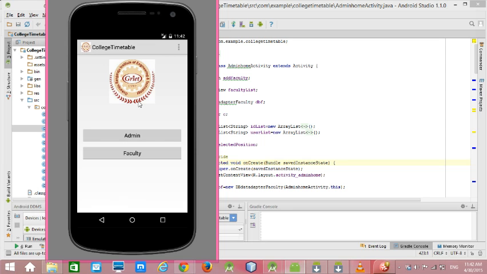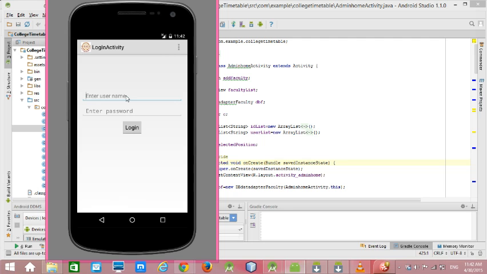While registering a particular faculty, admin enters his name, Gmail and mobile number. He creates a username and password, and when clicking on the submit button, the username and password that admin set will be automatically sent to the mobile number of that faculty. Then the faculty can log in to the faculty page using that username and password, and he can see his timetable details. So now let me show the procedure how it works.